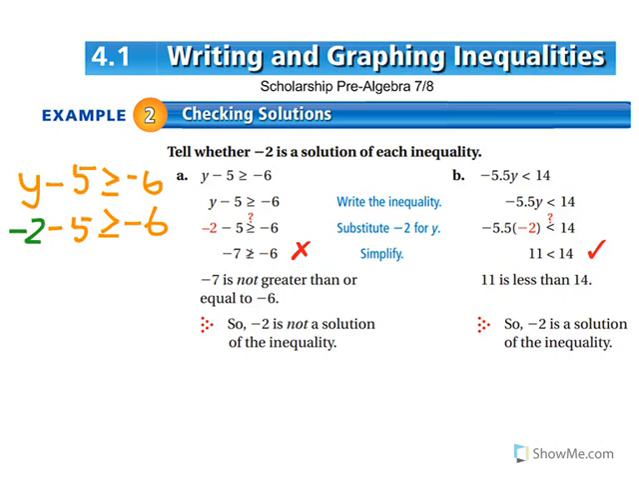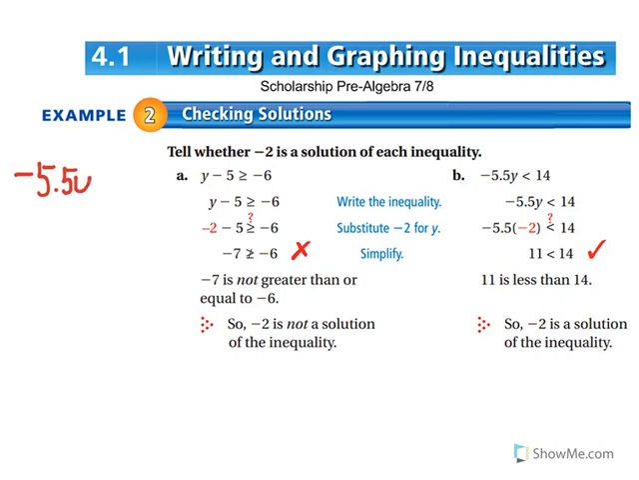And so -2 minus 5 will get us -7. So go ahead and write -7 is greater than or equal to -6. And is that true? Nope, it is not. So this is a big old no. And we look over for letter B as well. I'm going to go ahead and erase this. And so let's look for letter B. Over here we have